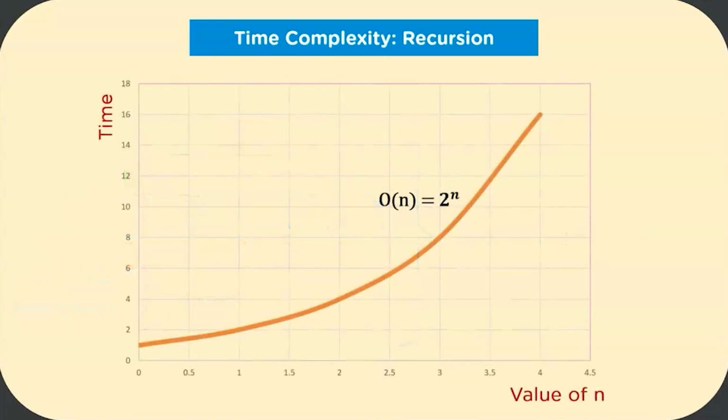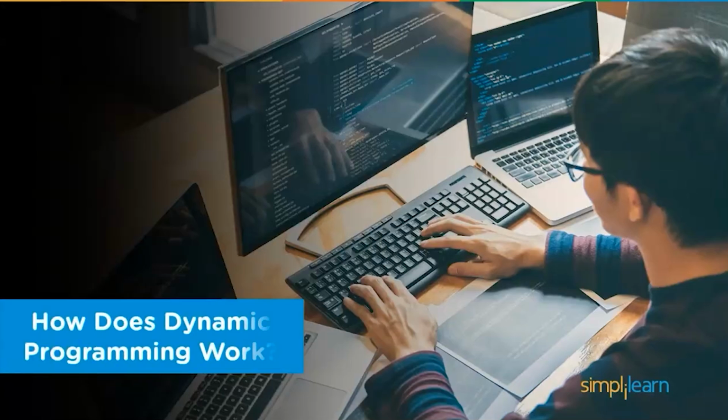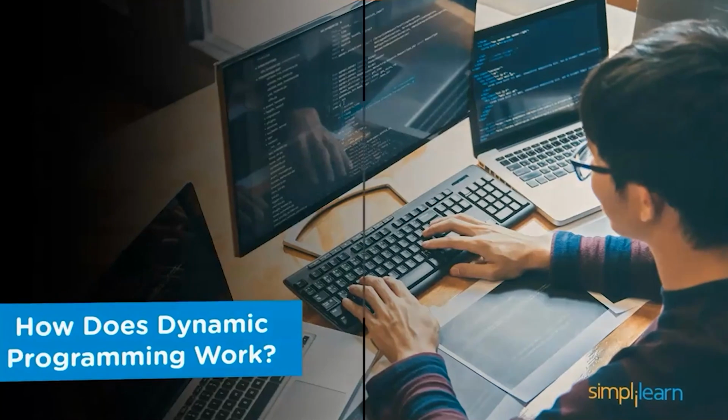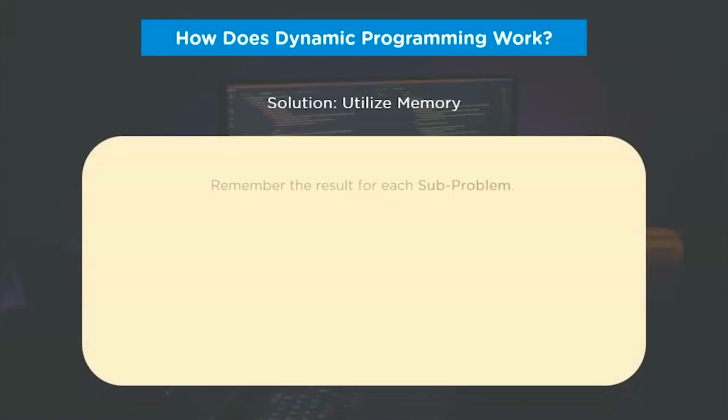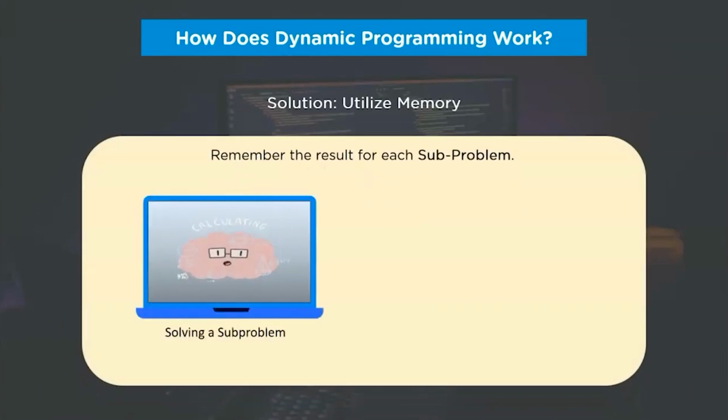This implies that the time complexity of our algorithm grows at an exponential rate, and the graph shown on your screens depicts that. Moving ahead, we'll try to understand how we can reduce this computational complexity using dynamic programming. The computational complexity can be removed by memorizing the result of subproblems. In terms of computer science, we can refrain from doing unnecessary computations by utilizing the memory to store the results